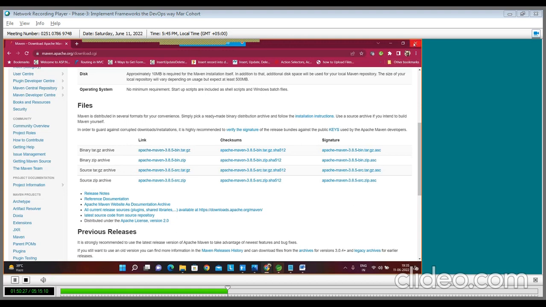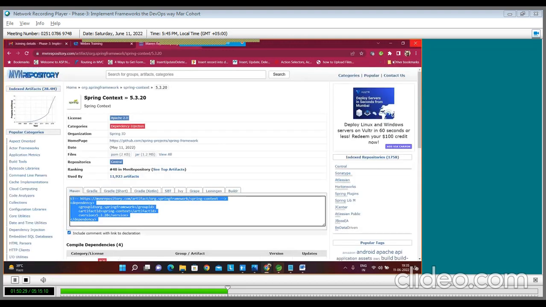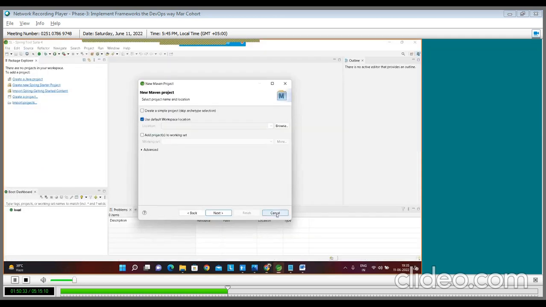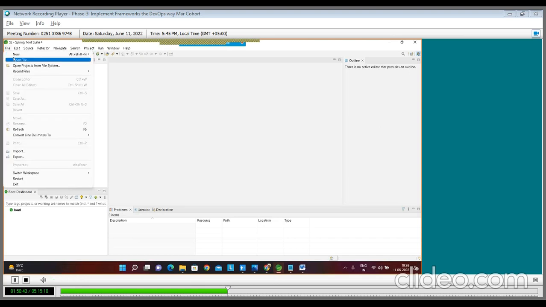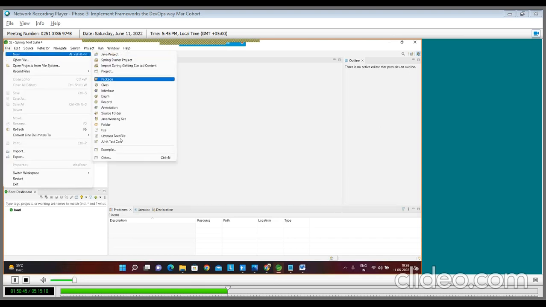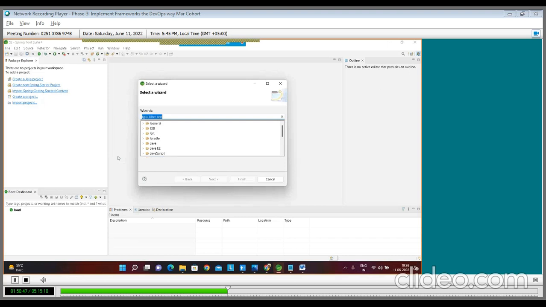But since we started with Core Spring, I will take it directly through the UI. You can do it directly with this. If you have not done those manual operations, no problem. You can directly do it from here also. File, New, Other, select Maven. You will get Maven Project over here. Next,